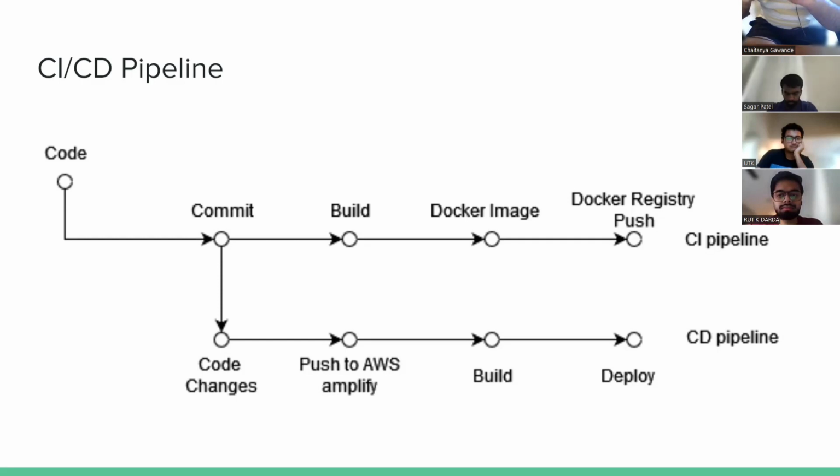So what we did is, we also integrated a parallel continuous deployment pipeline, where once the code is added to GitHub and a commit is generated, it pushes to AWS Amplify, and there it builds and deploys the application. You should be able to see our application on